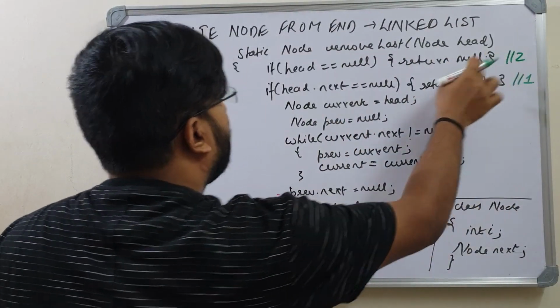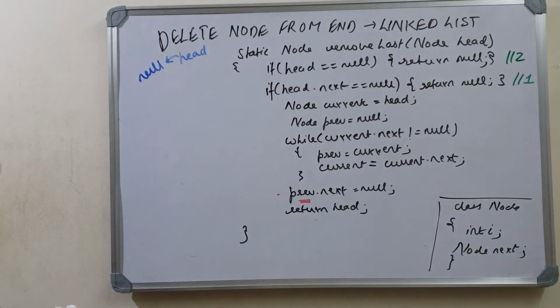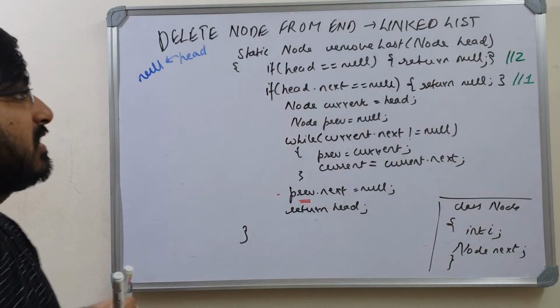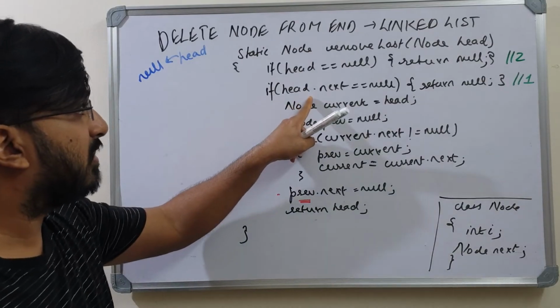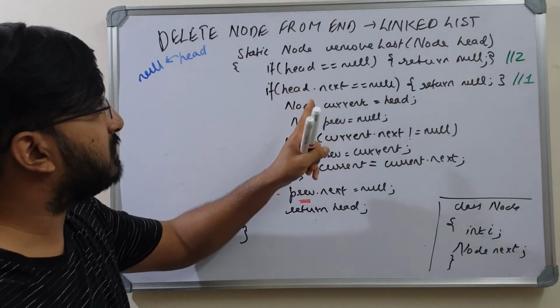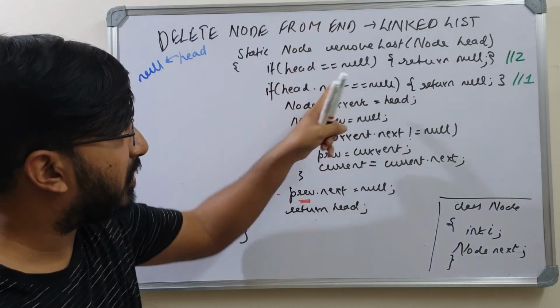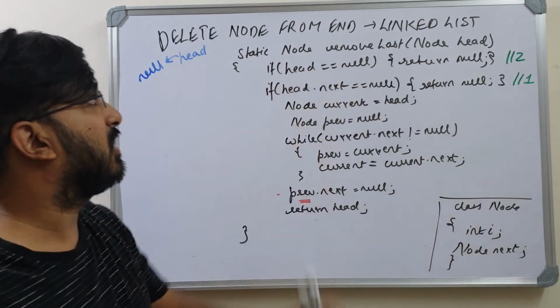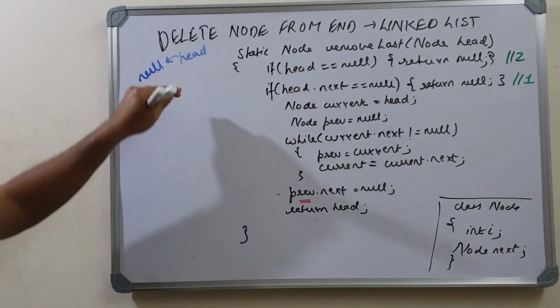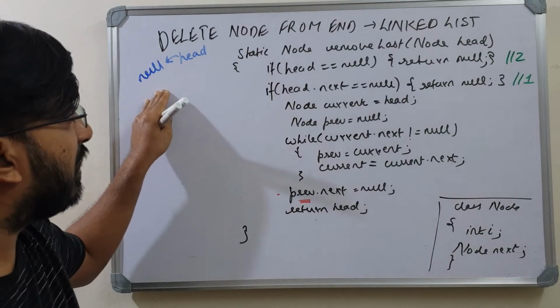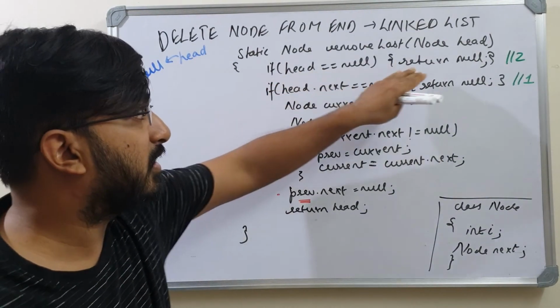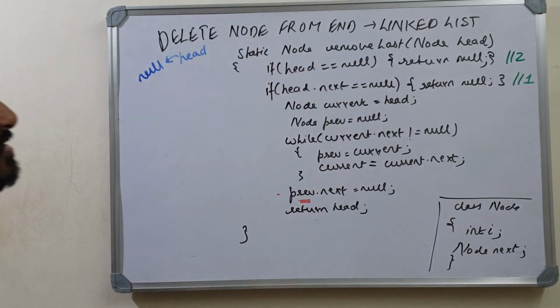So these are the two edge cases that we need to handle when we are removing the last node from a linked list. That is, when your head is the only node, right? That is, you are left with only one node in the linked list. And if your head is null, that is, if you are passing an empty list and you are trying to remove the last node, right? So now if you come into this method, head is pointing to null, you directly check if head is equal to null, you return null, and you just return from this method.